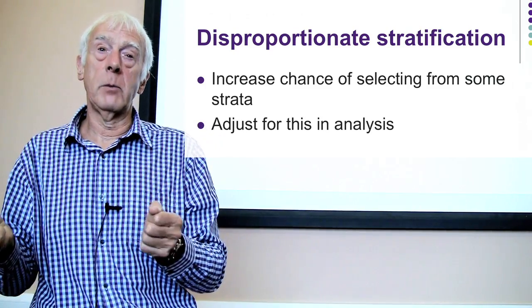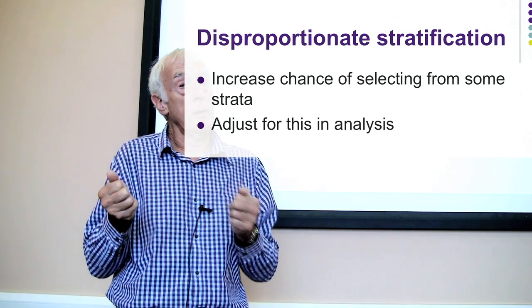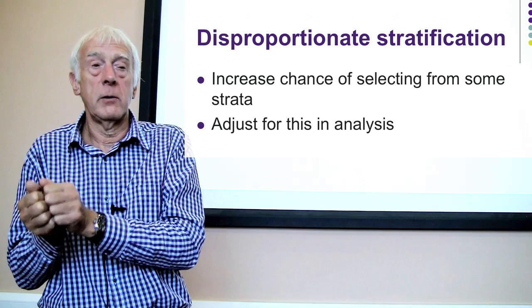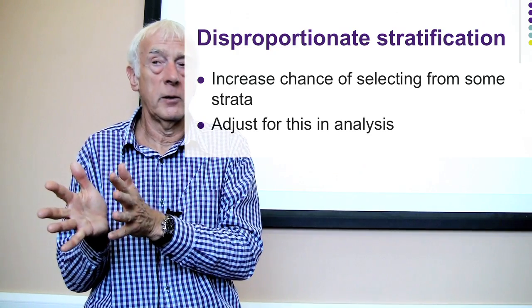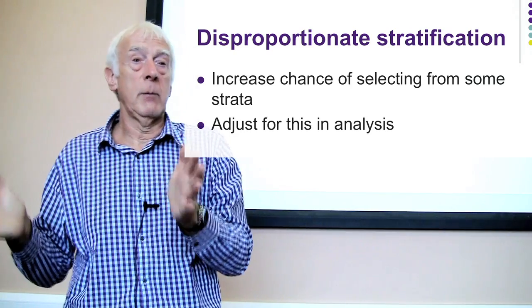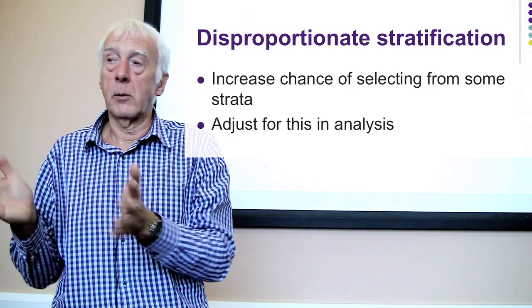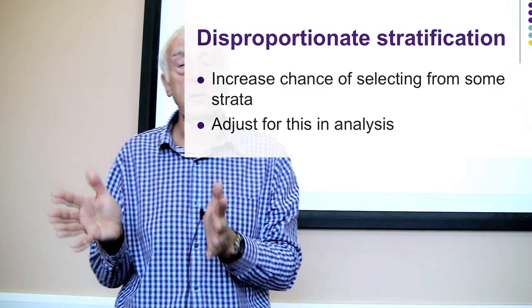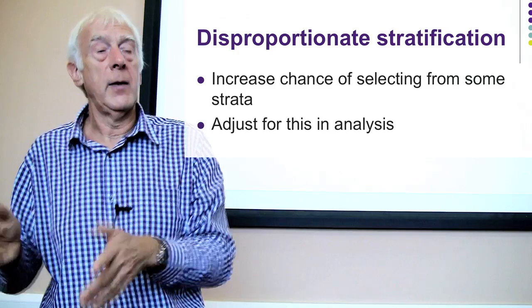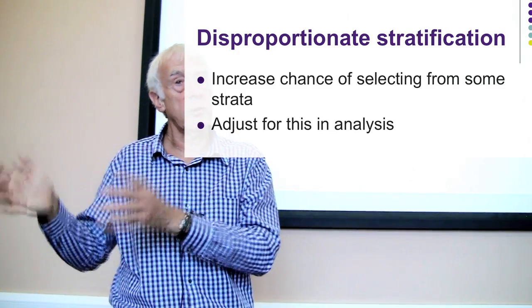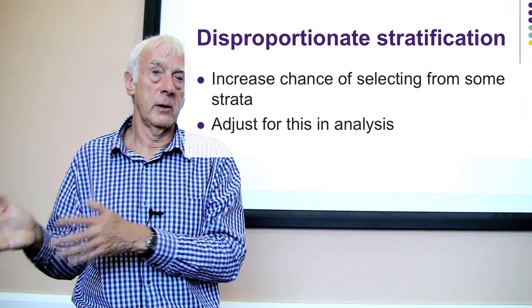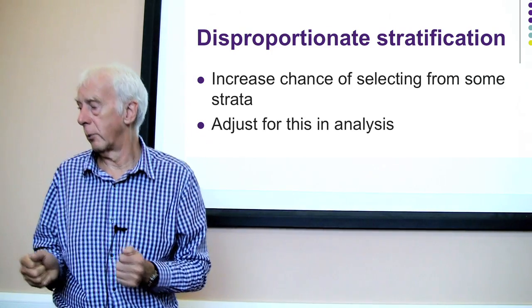You can either draw different numbers, and sometimes you might find you get quite small numbers, just a few people in some subgroups, in which case you might want to increase the number you interview in your survey disproportionately, and then you have to adjust them later on. You have to reduce their contribution in some sense statistically later on. And that's what disproportionate sampling does.